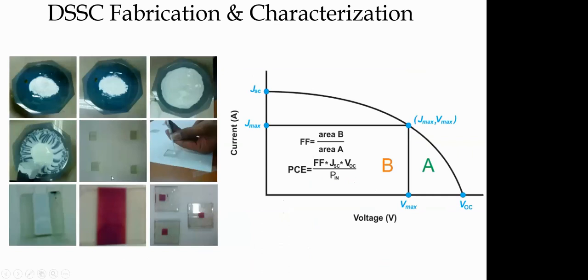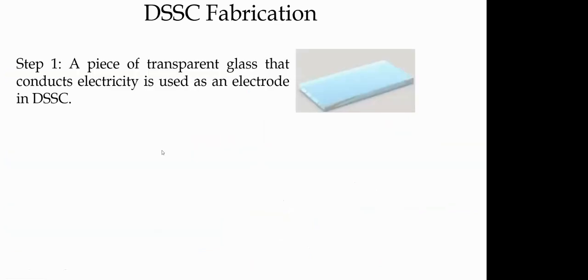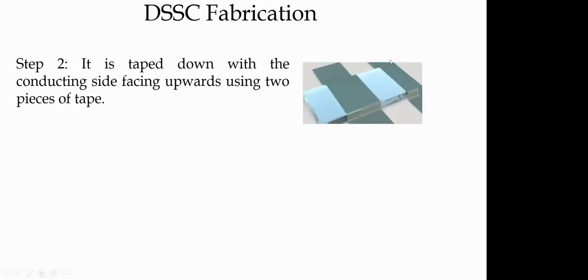The fabrication process is very easy. Just like I said, you have a wide band gap material, and you have to do it in a few steps, going this way. So you have a piece of transparent conducting glass, meaning glass coated with some conducting layer. Then you put 2 tapes, just as an example. This process is exactly identical for quantum dot sensitized solar cells. What is the next step? If you recall the schematics where we were talking about electron transport, I need to put a nanostructured wide band gap material layer.